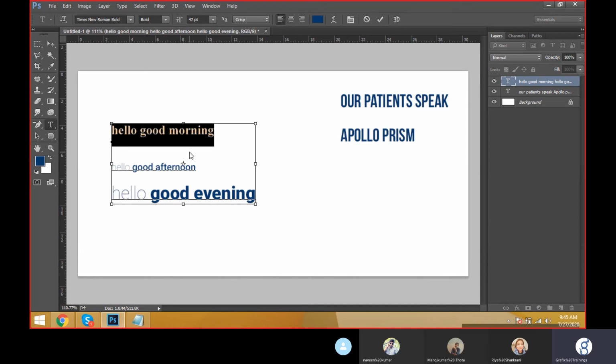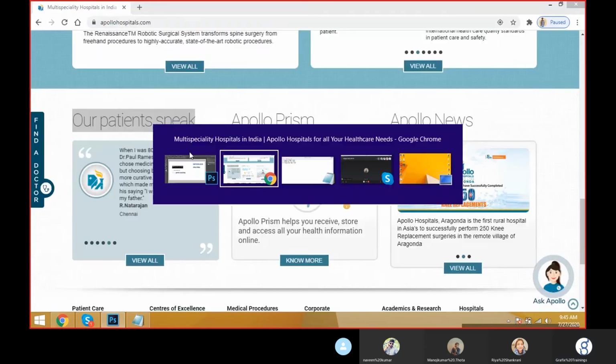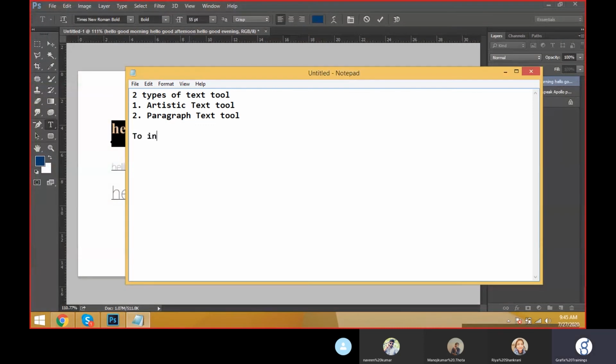Select the text, Control Shift greater than to increase the font size, and Control Shift less than to decrease the font size. This one increases, this one decreases.